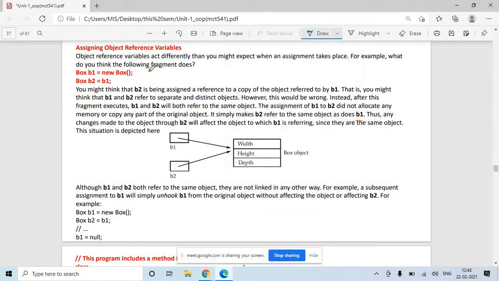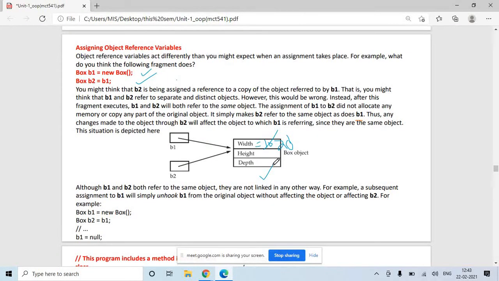The result is that you have created one object which is being referred by two different variables. If you write B1 dot width is equal to 10, that value 10 will be here. And if you write B2 dot width is equal to 20, this 10 will get overridden by the new value 20.